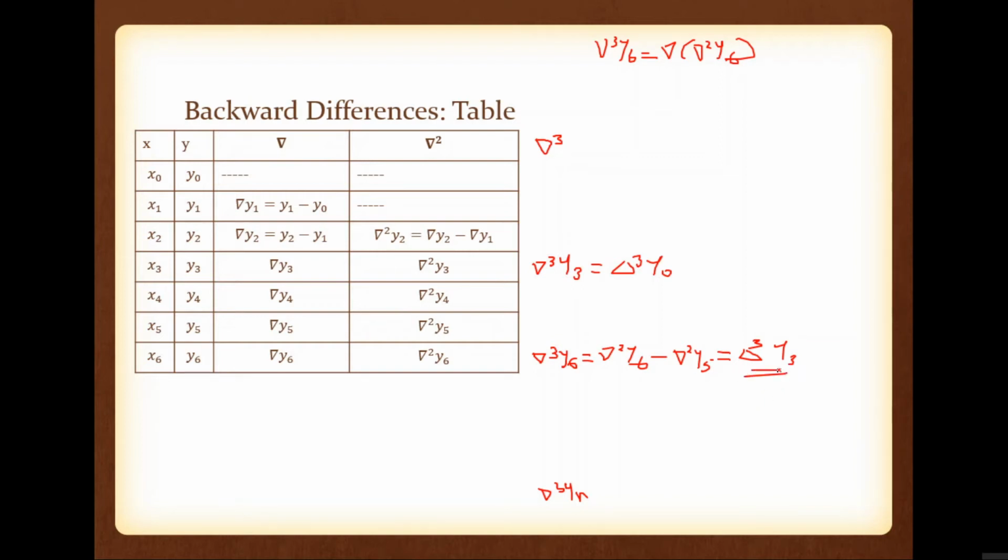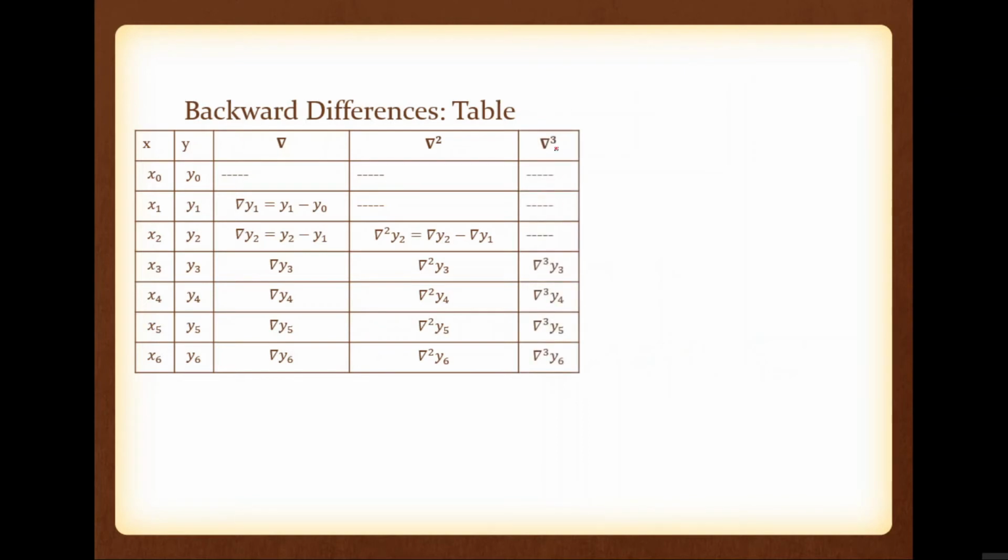Okay, I will tell you a shortcut to find the relation by using the operator, the shift operator, that we are going to explain after backward difference and center difference. So anyway, this delta cube column is del cube y6, then we have to find del cube y5 by using this data and this data, then del cube y4 by using this data and this data, then del cube y3 using this data minus this data.